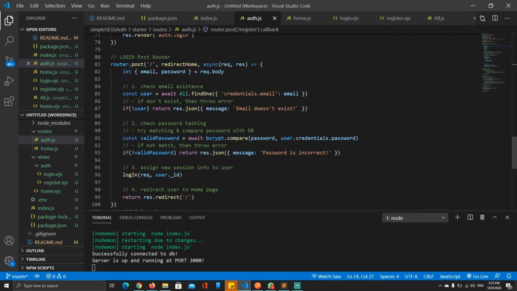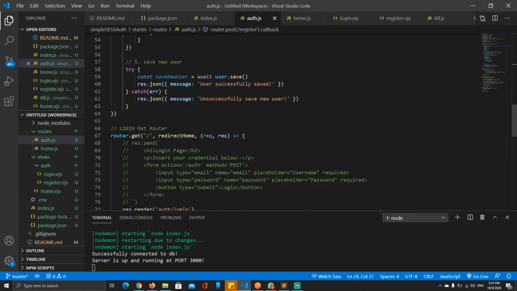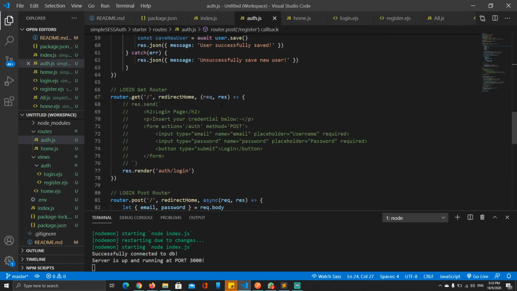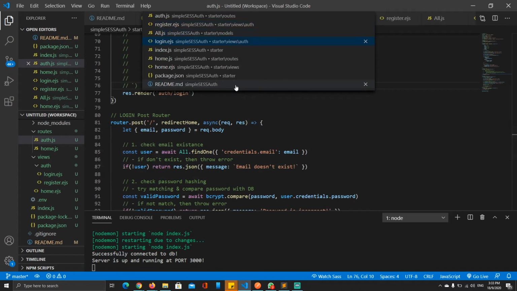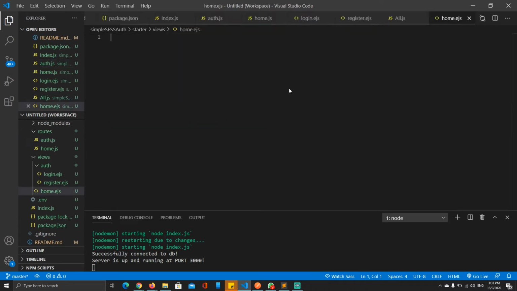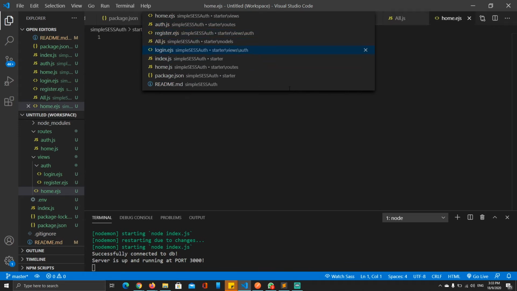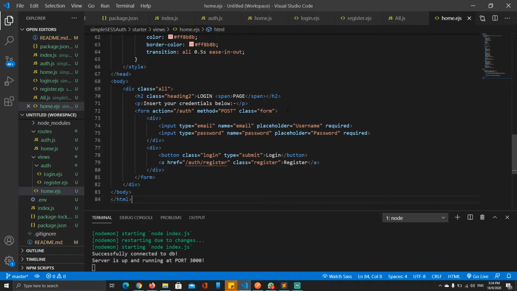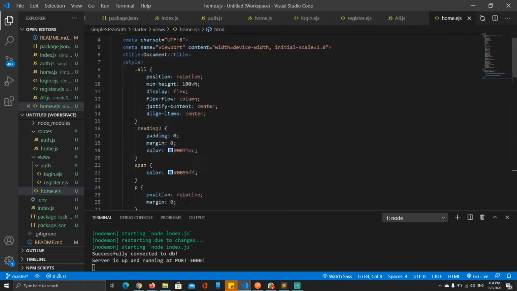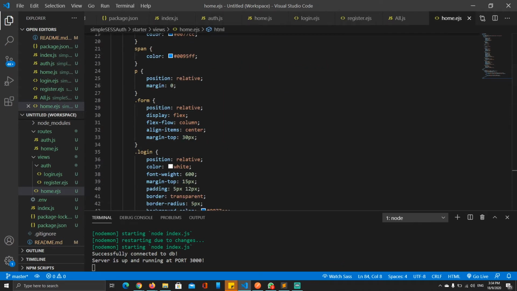Okay, we're going to do the validation part. Or maybe we should create the home page first, right? So when I go to home.js, I'm gonna go to login and copy all of this first. Then I'm gonna paste it down here for our home. And for our home EJS, I think